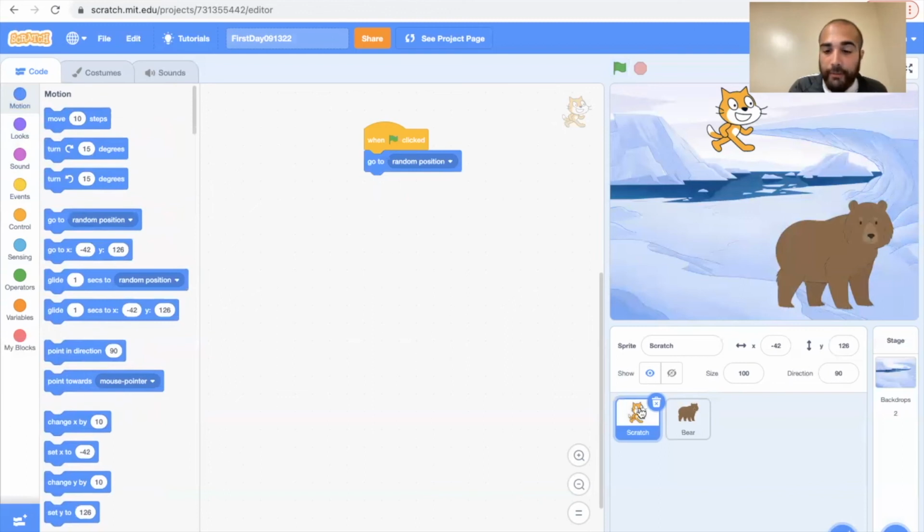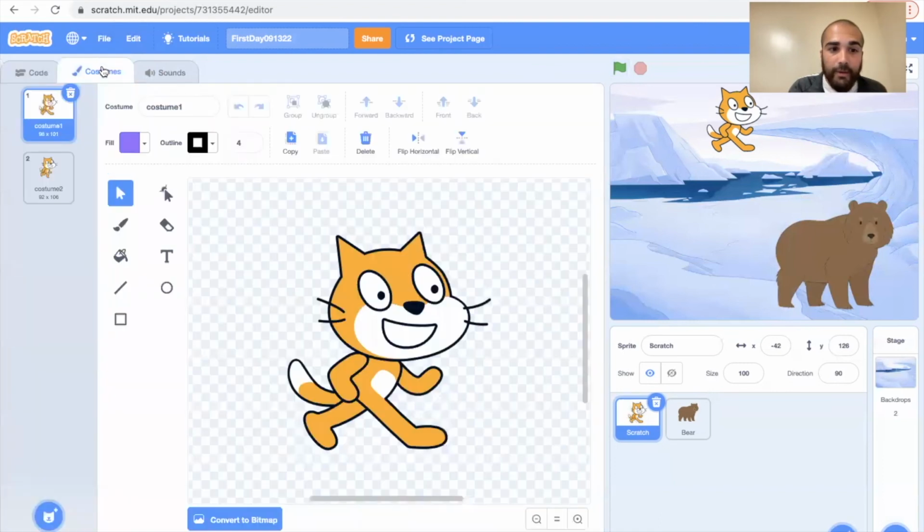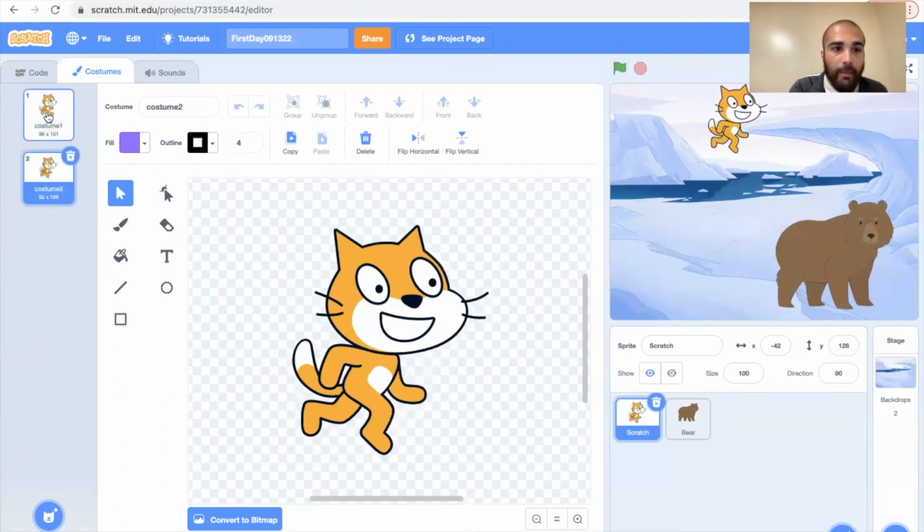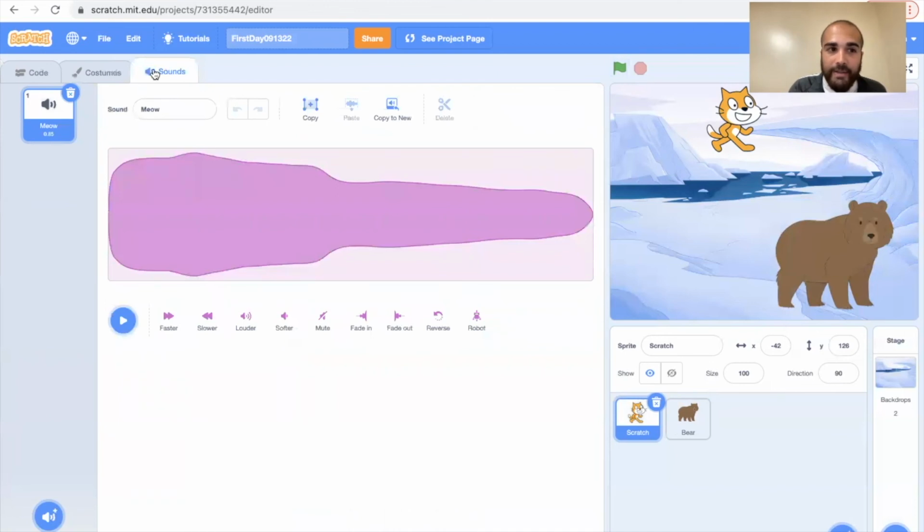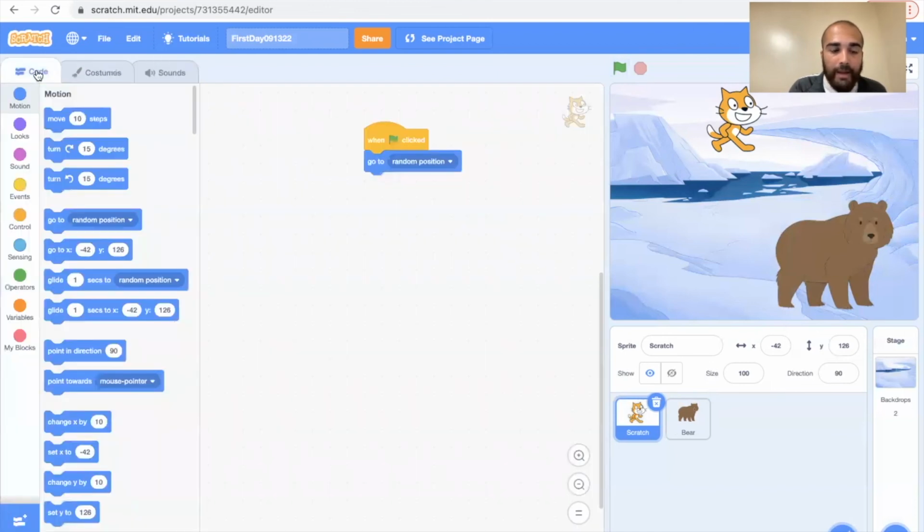If you want to look at the different costumes of Scratch, the different ways that Scratch the Cat can look, I can click here. I can edit the costume. These are 2 costumes that I could use for him. And then also, if I wanted to add sounds, I could do that too. I can talk more about that in another tutorial, but just looking through this from a brief perspective here, if you ever want to share your project, you can click share, and that will allow you to share it. If you ever just want to make sure that it saves, I can click File, Save Now, and it saves